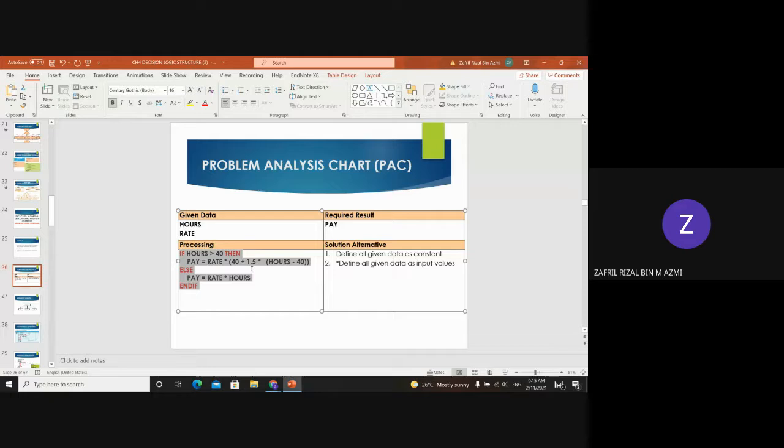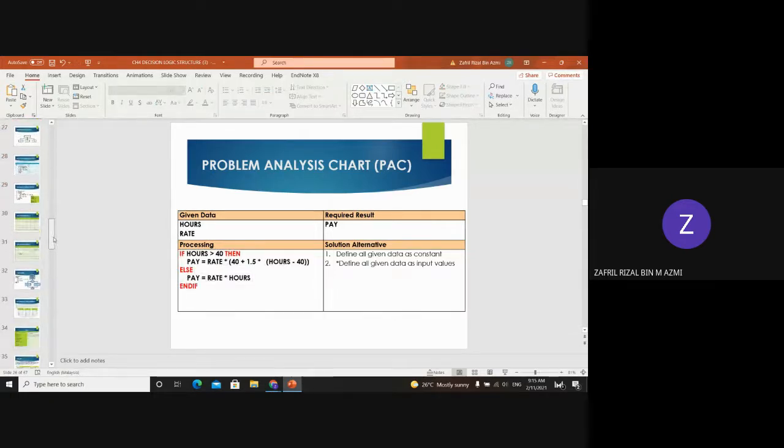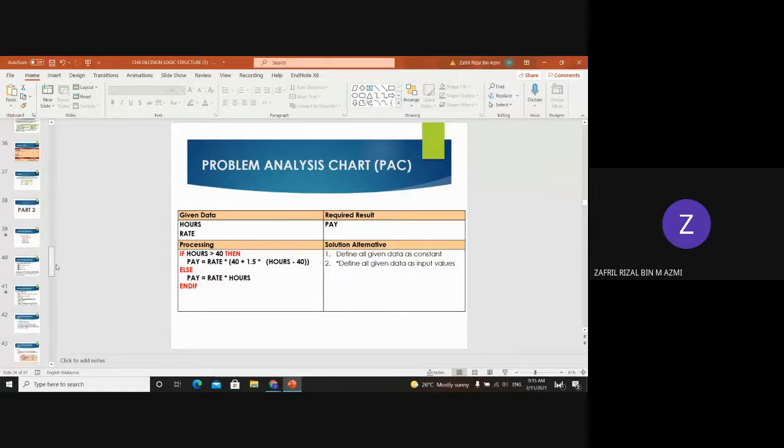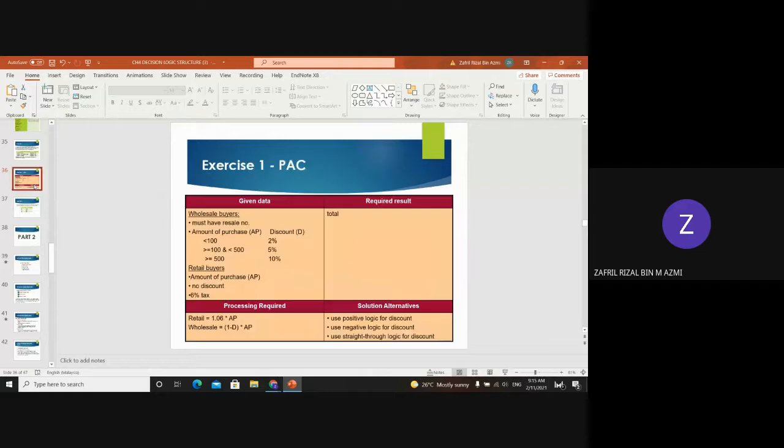Let's say there's a table involved in the decision making, for example. So you may put the table inside the given data, not in the processing required. If you want to put it in processing required, you may put down if,